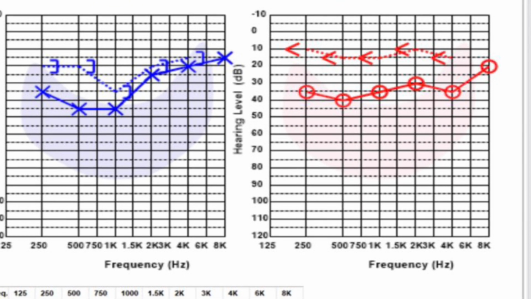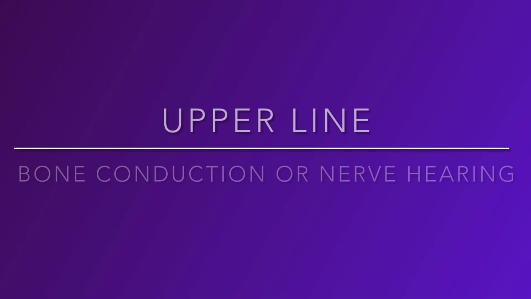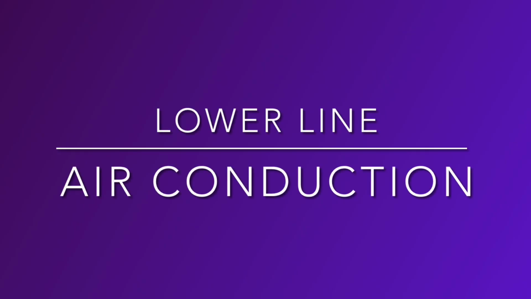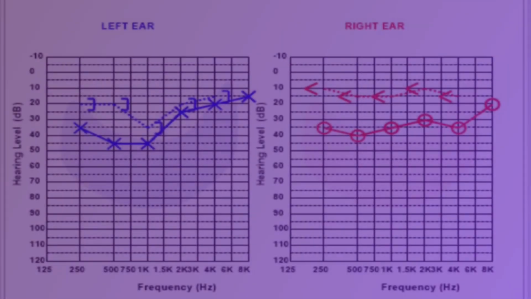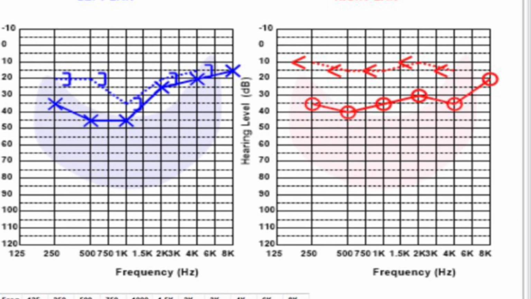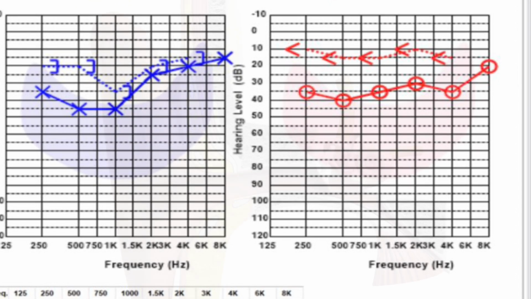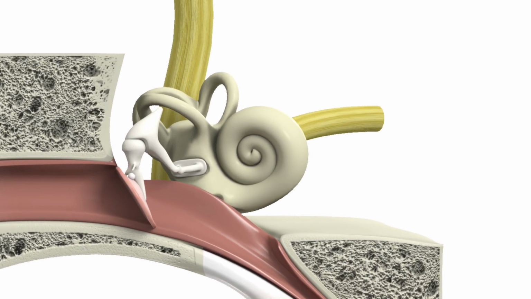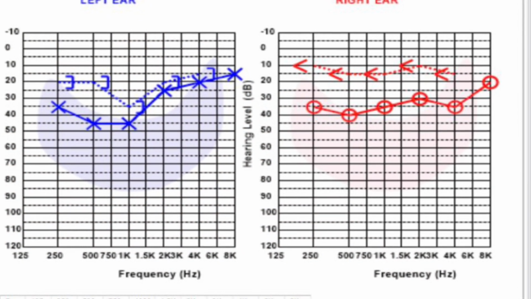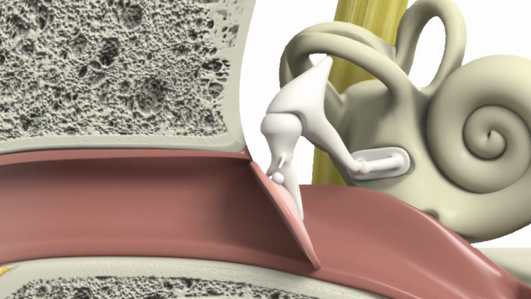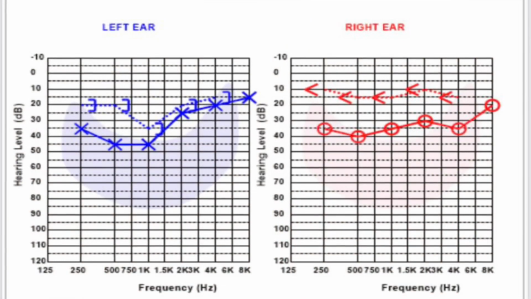Now, after identifying the sides of the ear represented by each graph, notice there are two lines in each graph. The upper line denotes bone conduction, which is equivalent to hearing from the nerves, and the lower line denotes air conduction. This upper line represents hearing from the nerves, which is easily transmitted through the bones, and this gets transferred to the brain through the auditory nerve. The lower line means hearing from your eardrum and three tiny ossicles which amplify the sounds.